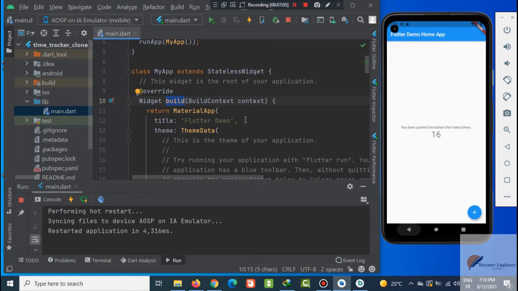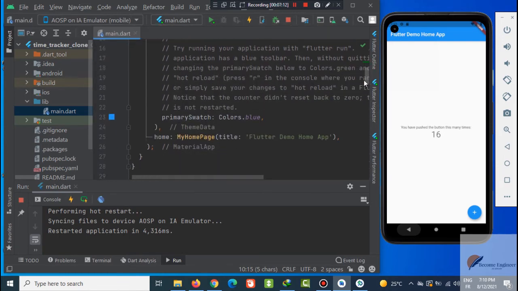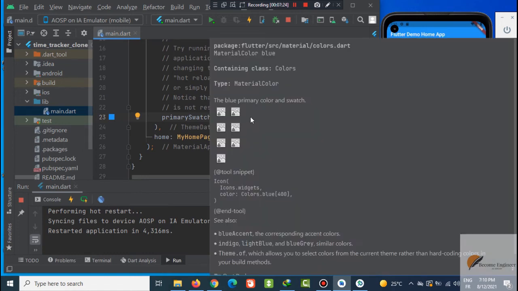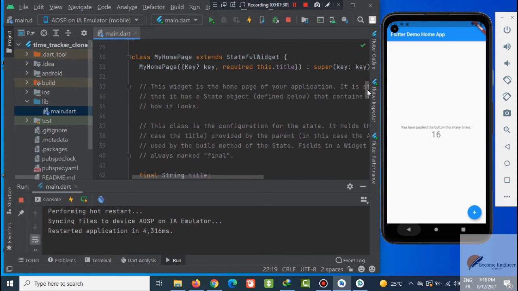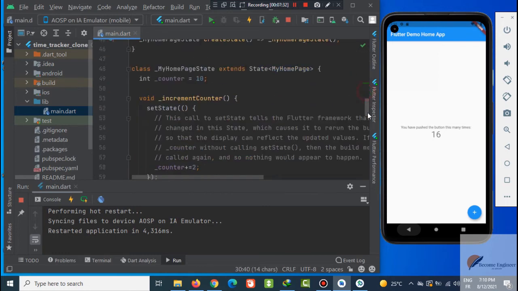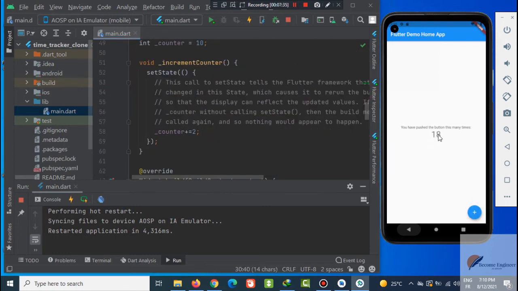For example, here for the primary swatch color, which is blue, we cannot change it in the app. That's what we call immutable. But for example, here's the counter, which is declared in the stateful widget. If I click this button, I can change it. So this is the big difference.